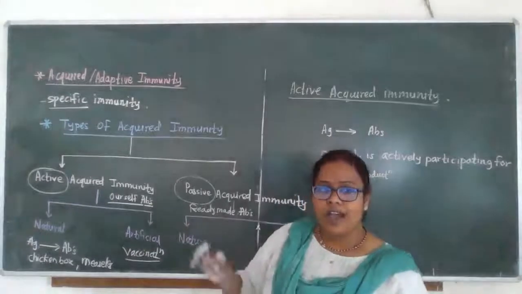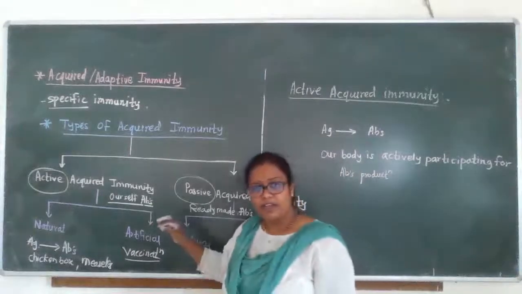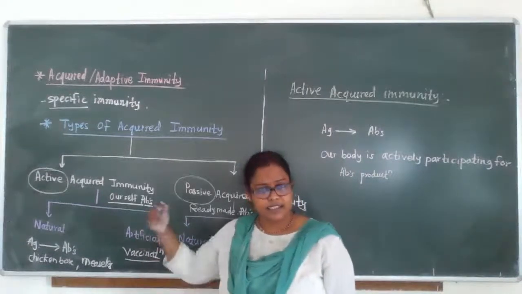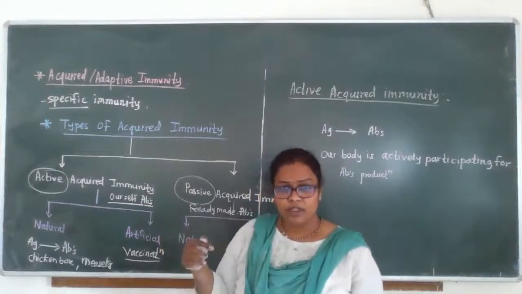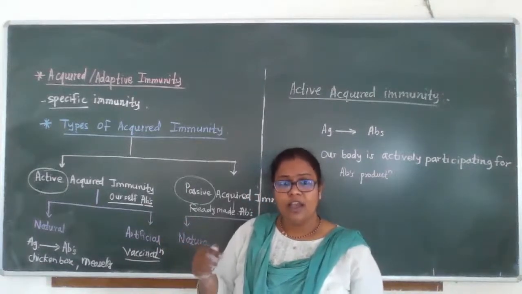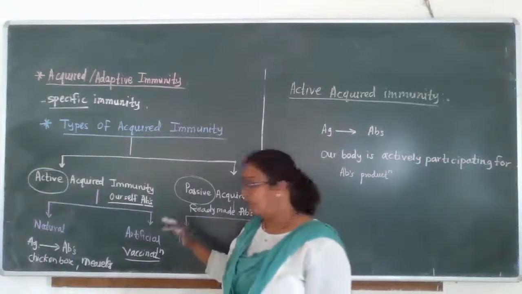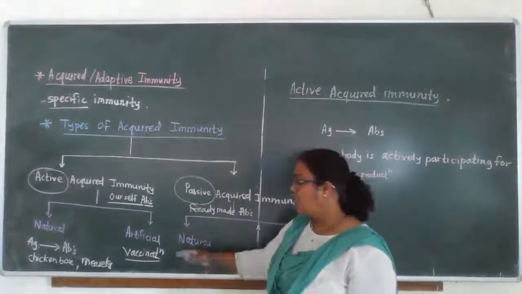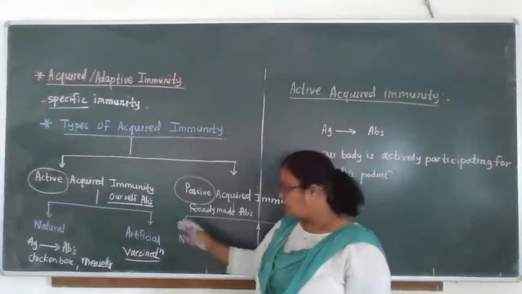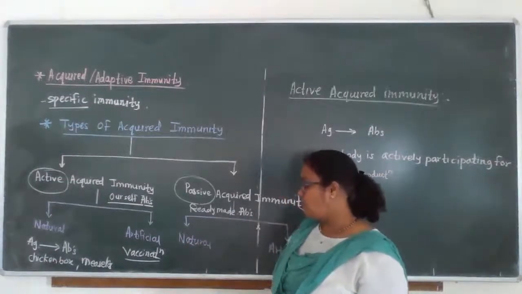That means artificially, by artificial way, we are injecting the antigen in a body, so that our body produces the antibodies, right? So this is the artificial way. Okay, then the next one,